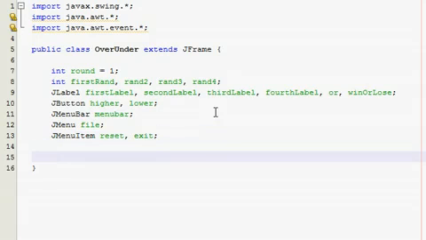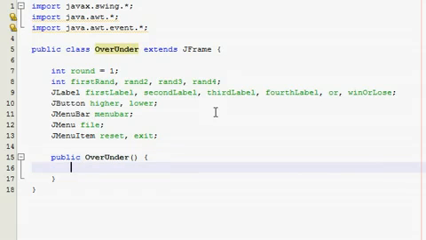Alright. Quite a few variables there to use, but we'll use them all eventually. Public OverUnder, that's what I called my class. And right off the bat, we're going to generate the first random number, because we have to use it right in our constructor, so I need to generate it right away. So firstRan is going to be equal to